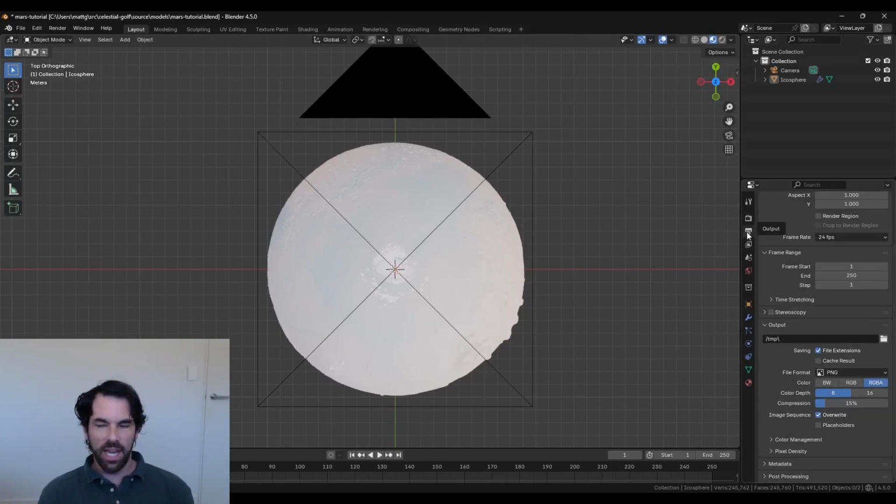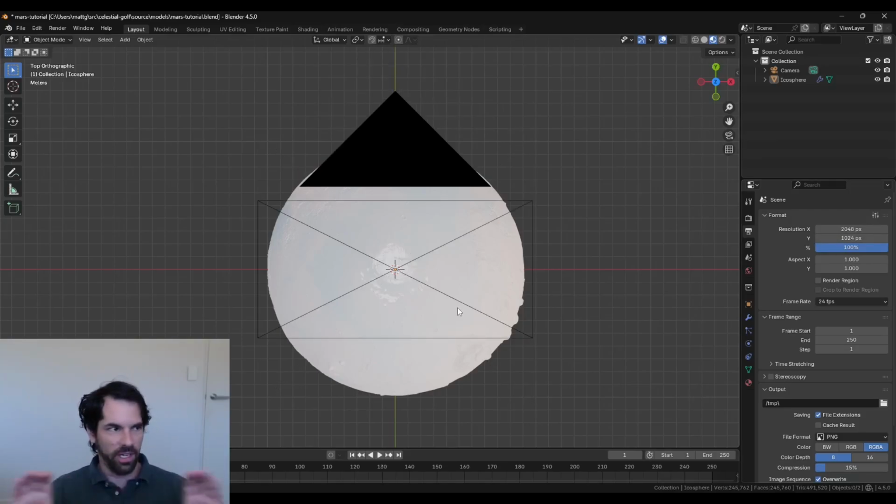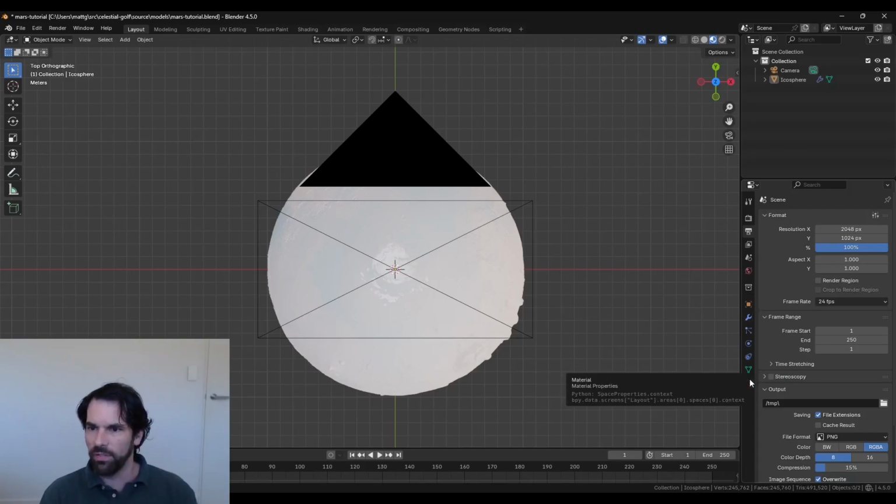And the details, what we're going to do is render a whole lot of tiny segments all the way around the surface of the planet. So we're going to have high detail images at the surface, but we're not going to render the whole body of the planet. These segments are going to be 2048 by 1024, so they're going to be wider than they are tall. And we just need to move our camera